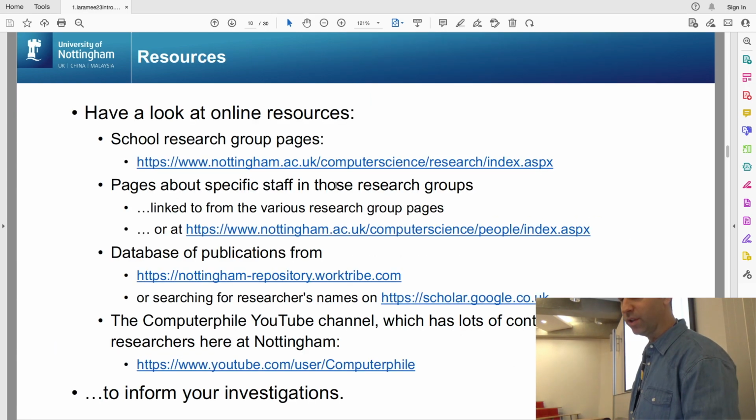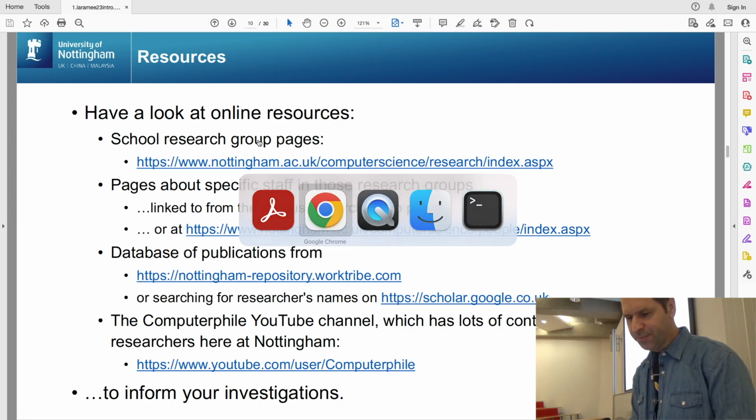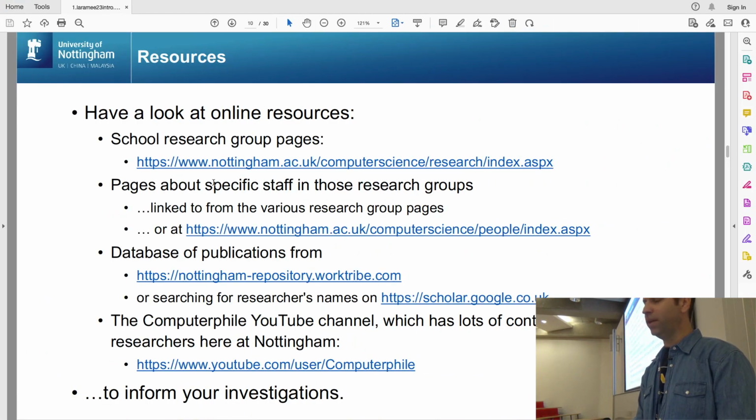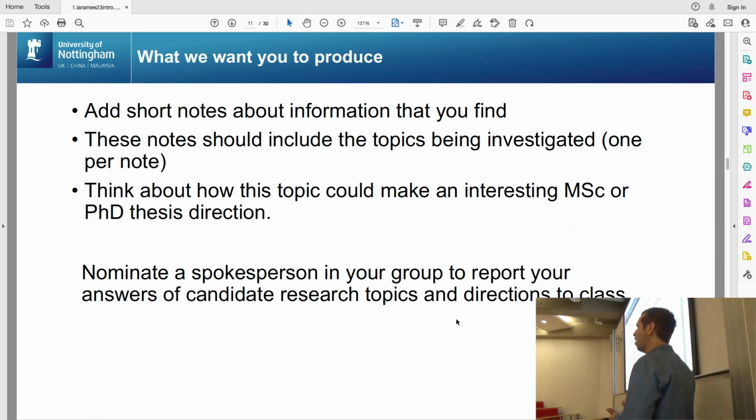So have a look at the online resources: the group research pages right here. You can look at the specific staff pages if you like. There's a database of publications that you can look at. There's also a Computerphile YouTube channel to inform your investigations. Add short notes about what topics you think would be a good topic for your MSc dissertation or PhD. And then